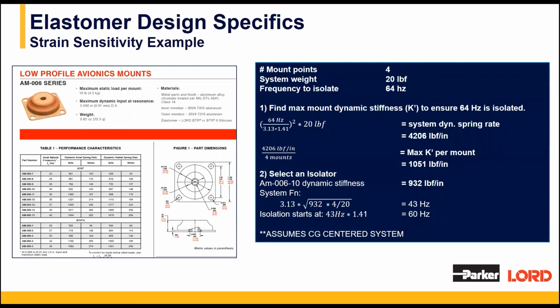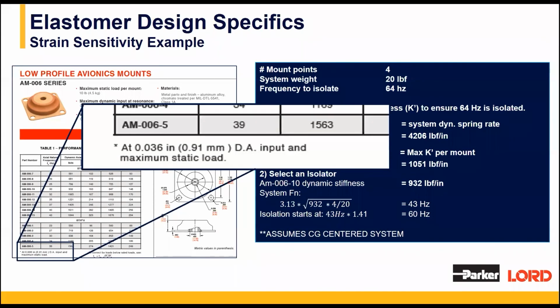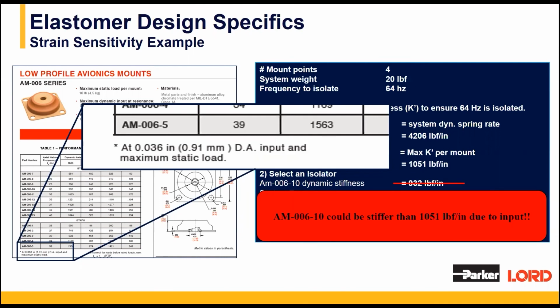Now, why do we bring this up and say it's so important? We're going to quickly go back to the slide where we picked out our AM006-10. We picked it out because it had a stiffness of 932 pounds per inch. However, what we have to recognize is that stiffness is rated at an input condition of an 0.36-inch input. Our input was less than that. And as we decrease strain, that means the part could in fact be stiffer than the 1,051 pounds per inch that we need for